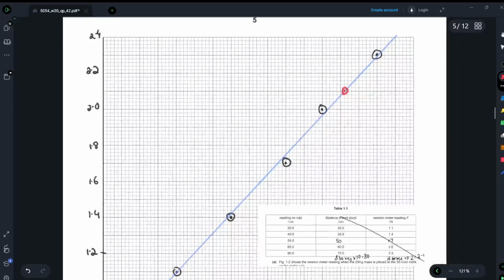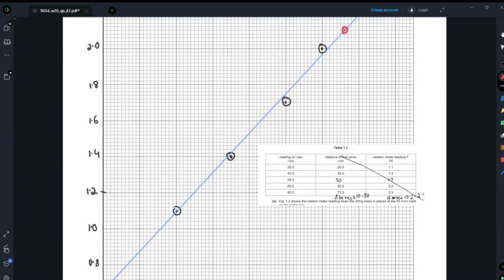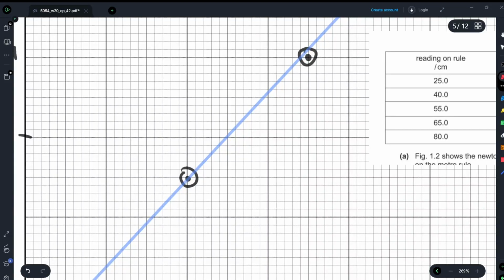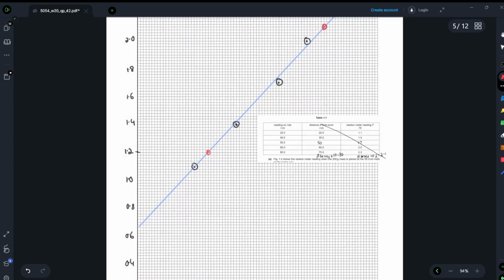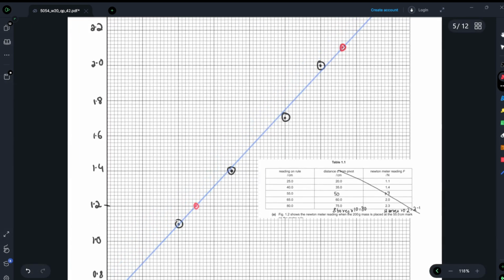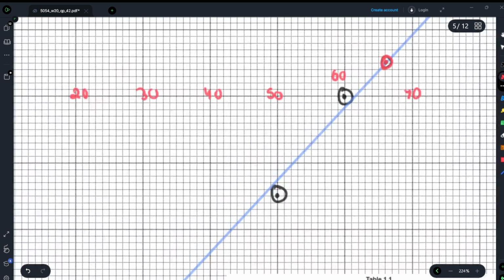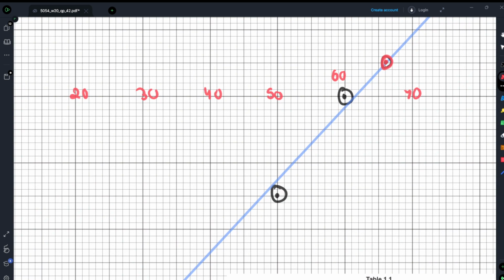Again, I'm marking with a different color so I can differentiate कि कौन से points जो है वो data plots हैं and कौन से points मैं खुद gradient के लिए mark कर रहा हूँ. So another exact point, I'm happy with this point right here. ठीक है, so more than 50% of the line away, and we've got 2 exact points as well. थोड़ा सा इसको zoom in कर लेते हैं. So I know that this right here is 10, 20, 30, 40, 50, 60 and 70. ठीक है, तो मुझे इतना पता है कि ये 60 और 70 के बीच में